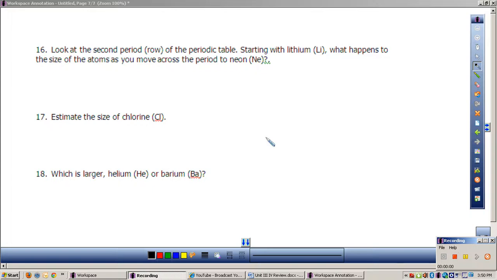Alright, so we look at 16. We look at the second row of the periodic table, starting with lithium. What happens as you go down towards neon? In general, what happens? Does it get bigger or smaller? It gets smaller. Okay, this is because